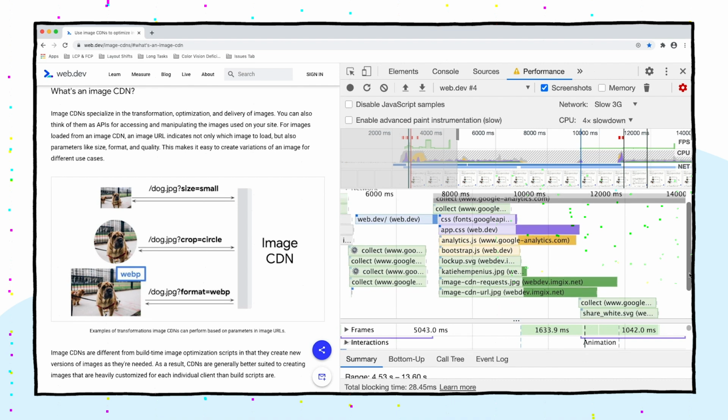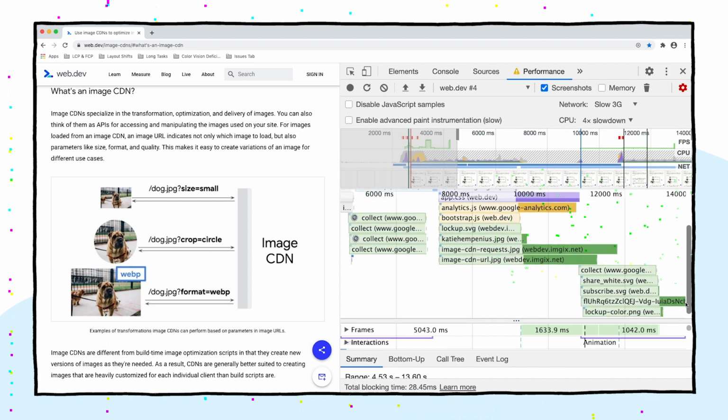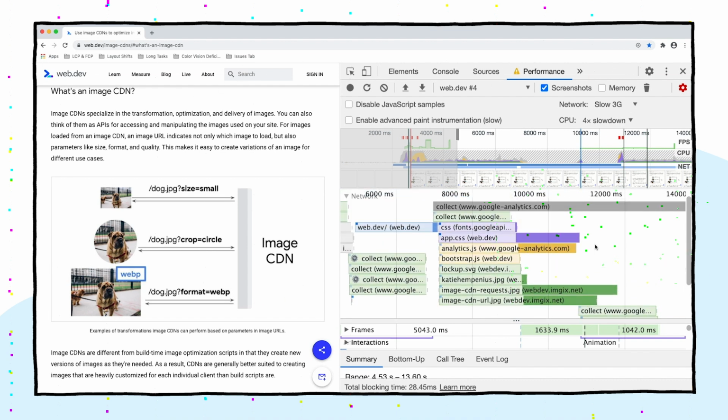And so it looks like in this case, on web.dev, we are able to paint pretty quickly. And that's why first paint is happening at the beginning. And then the browser is loading this image, and then largest contentful paint happens as soon as that image gets loaded in. Exactly. Yeah, I think what we're actually also seeing here is